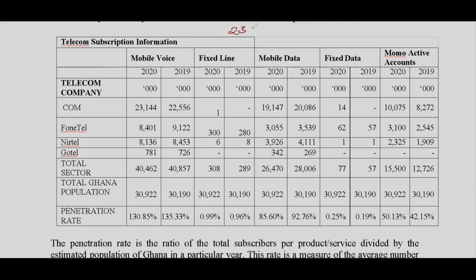The 23,144 minus 2019, 22,556, all over 22,556 times 100, okay? We know this is how we calculate growth, sales growth. So 23,144 minus 22,556, all divided by 22,556, okay? So this is a growth rate of 2.6%. And 2.6% is considered low, remember, because I told you that if growth is more than 10%